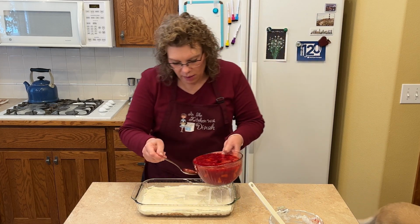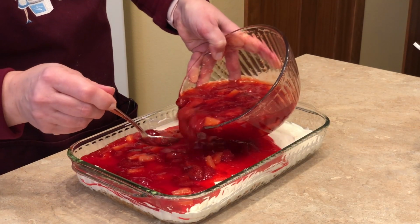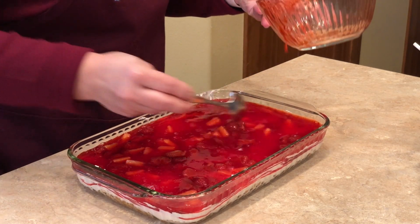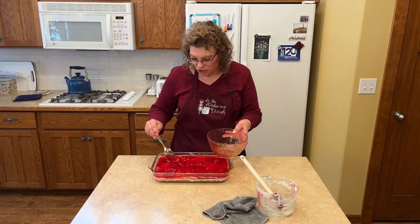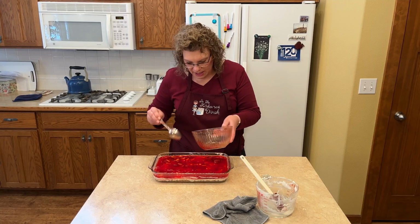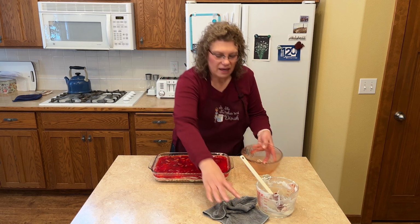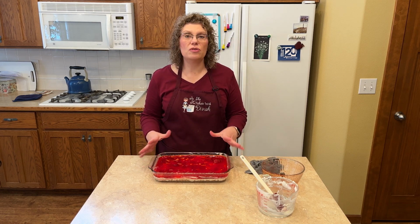So here you want to be really gentle. I usually use the spoon. See how soft it is and kind of, there we go. Pour it in there. And then I just kind of move the strawberries around. If you have fresh strawberries, just slice them real thin. You can even set them in real pretty, but like I said, mine are from this summer when we had fresh strawberries, so. Okay, so now you're gonna wanna very gently take this to the fridge